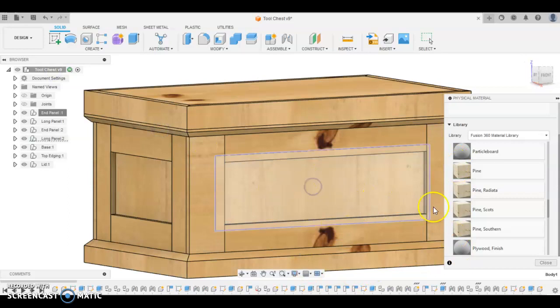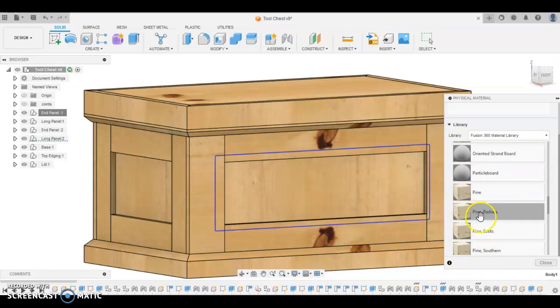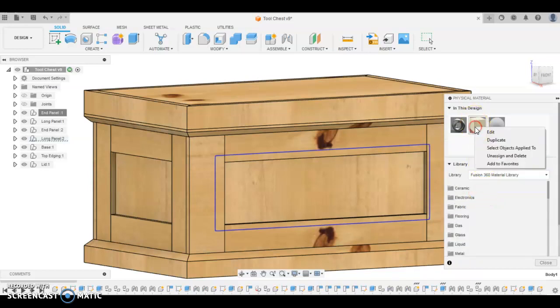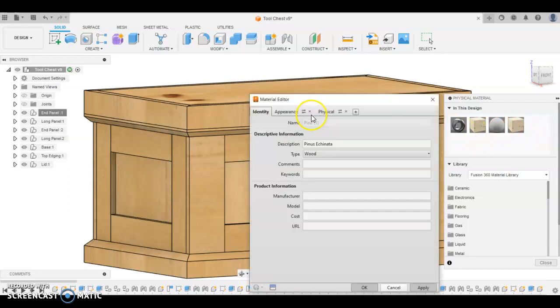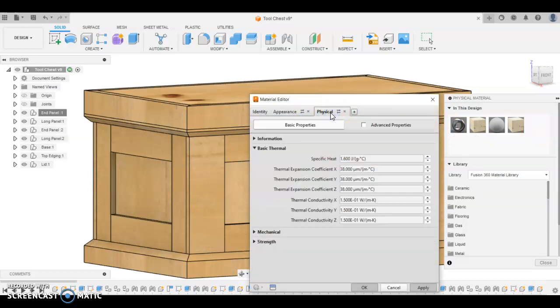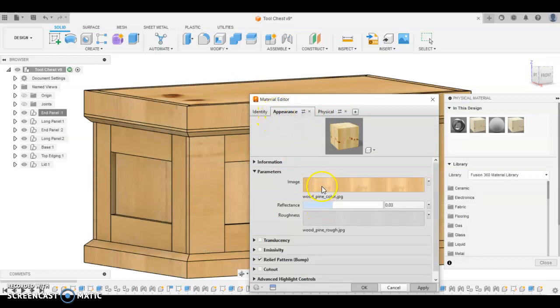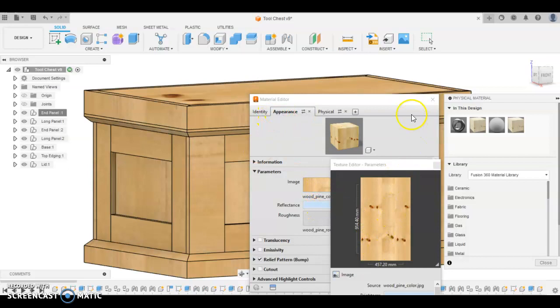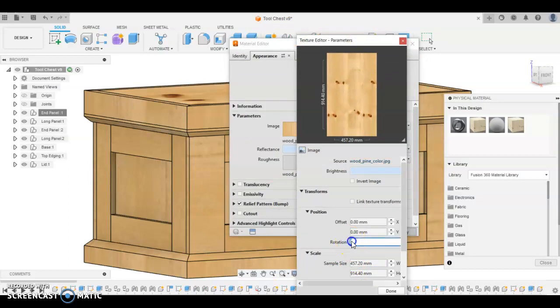So if I want the panel to run the other way, the grain on that panel, what we can do is we can maybe put this pine radiata, or we scroll right up to the top, we should be able to duplicate this one. So right click, duplicate. So we've got pine 1 and pine. I'm going to go into this one here and go edit, and then advanced, and then physical. Actually, it's in the appearance tab. We click the image, and then if I move this up a little bit, there should be somewhere here where we can rotate our image. So if I pull this one around and rotate it to this angle like this,